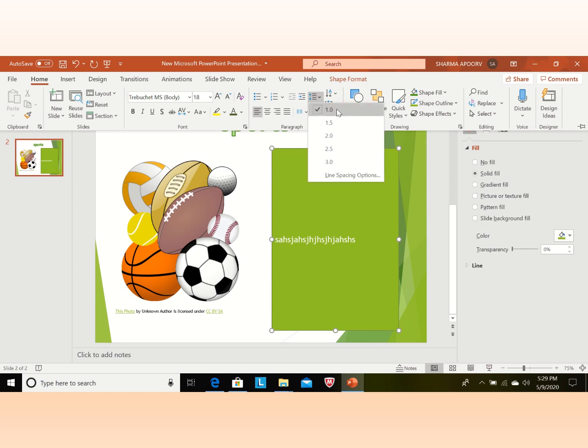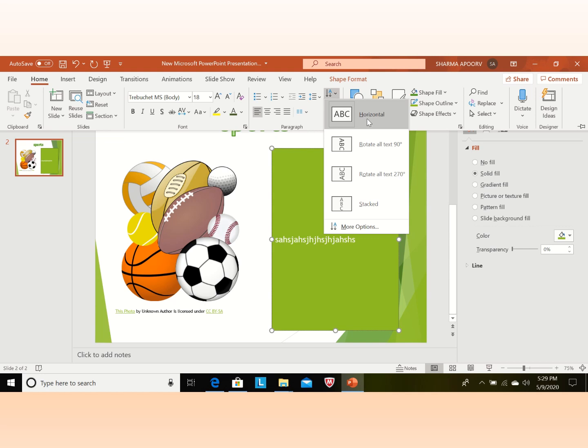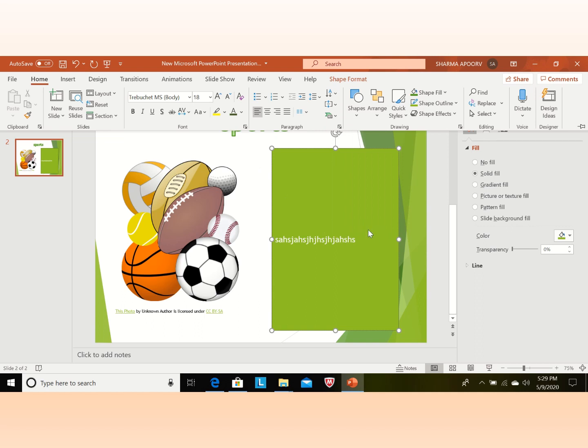We can give the line spacing, and we can set the alignment and horizontal, rotate text 90 degrees. We can use any of the options, but to get the effect of this, first we have to select our text. Now it's time to save our file.